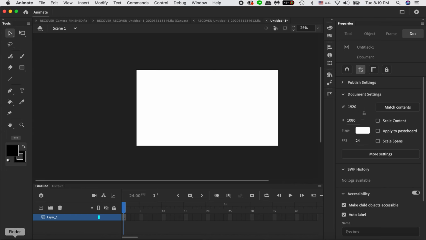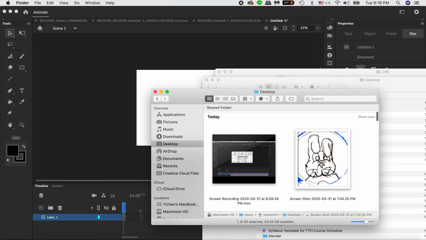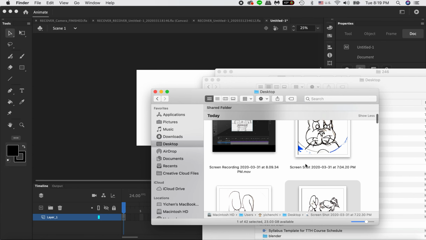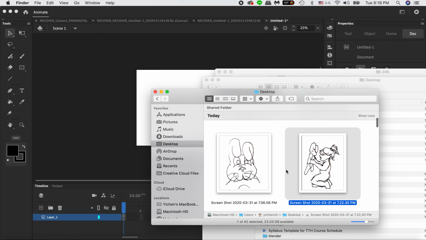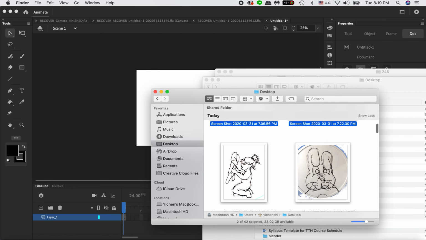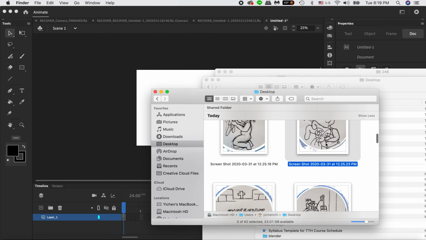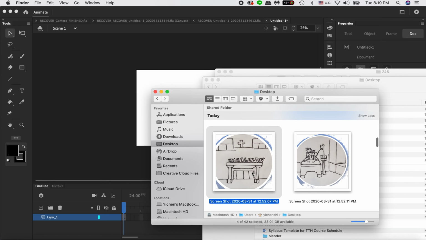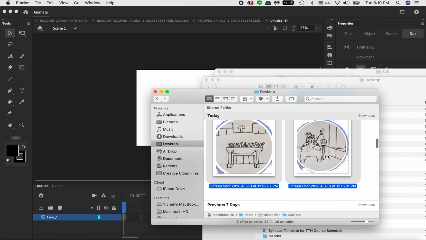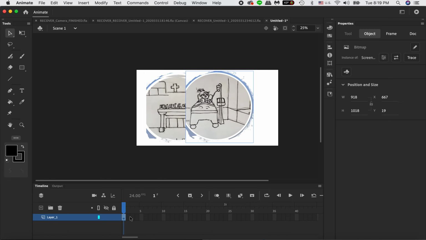Then you can drag your sketches in for your reference and place them into your project. I cleaned up some of the lines already. The first two, this one, I haven't cleaned up, but that's okay, it will still work. Let's just drag it and drop it in your scene. Now everything is in the same